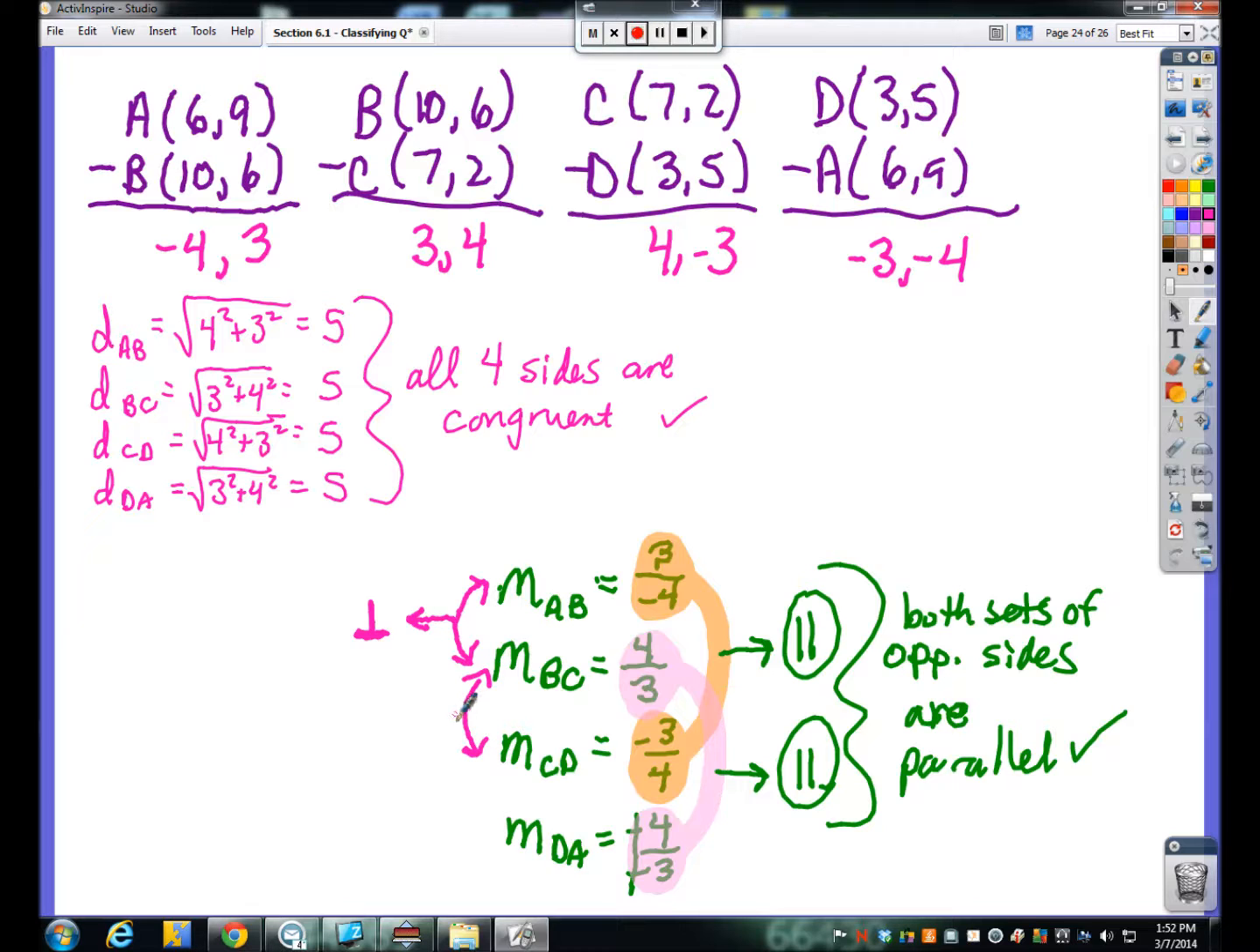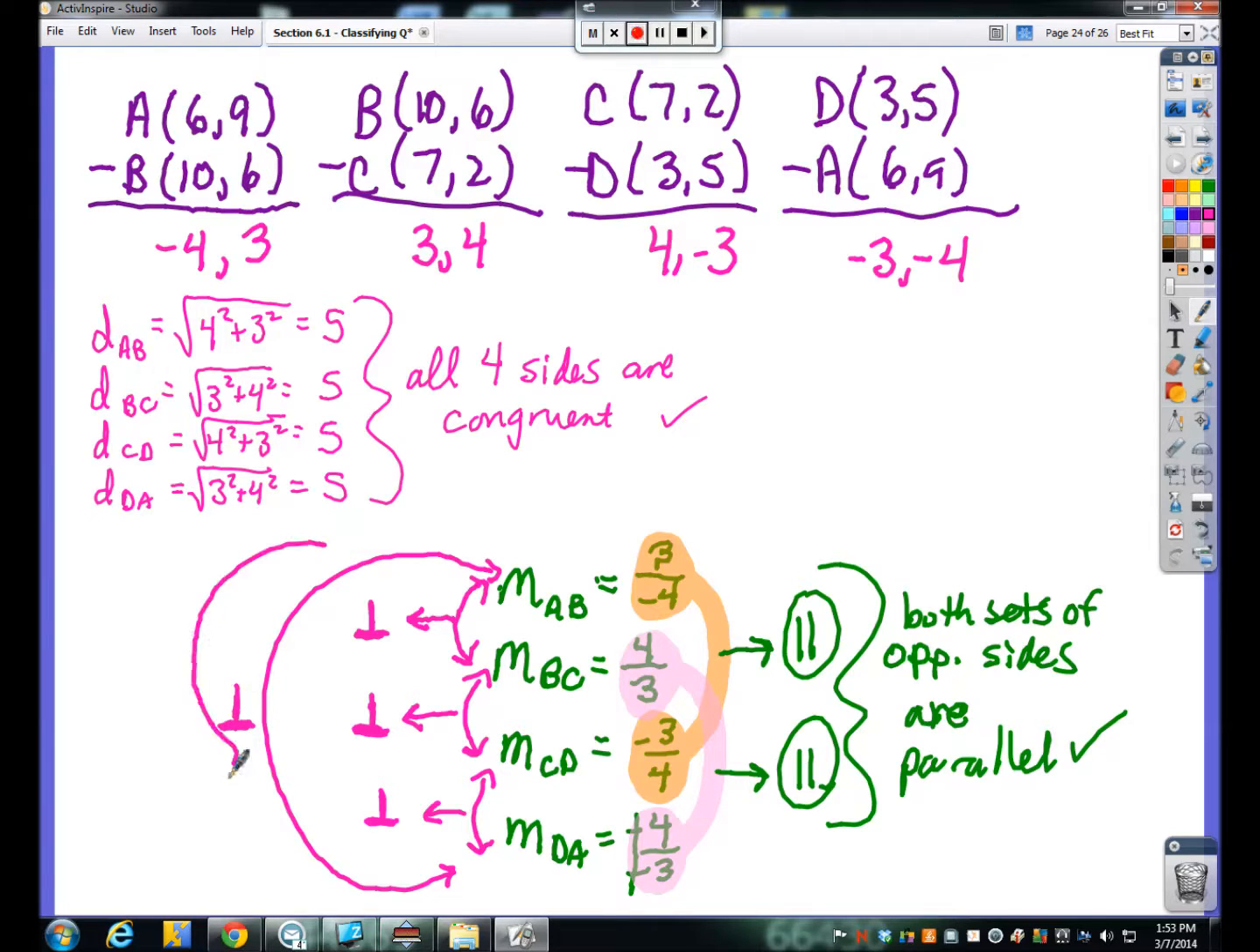So BC and CD, we look at those slopes. 4/3 and -3/4. Yes, those are negative reciprocals. Those are perpendicular. CD and DA, those are perpendicular. And our last set of adjacent slopes would be all the way around here. Those last two slopes, sorry for that interruption by the principal there, they are negative reciprocals, so they are perpendicular. So now I've got 4 sets of adjacent perpendicular slopes, therefore all 4 angles